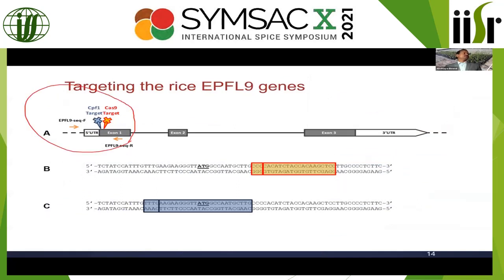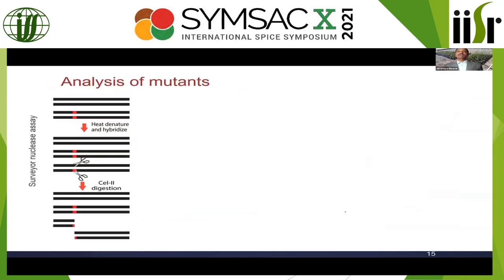And we used very close targets for both Cas9 and CPF so that we can compare the effect. And these are the guides. This is the guide RNA. This is the PAM. This is guide RNA for CPF, and this is guide RNA for Cas9. So this is PAM for the CPF. We developed about 100 plants, 100 independent events for both constructs, and then we evaluated these mutants by an enzyme